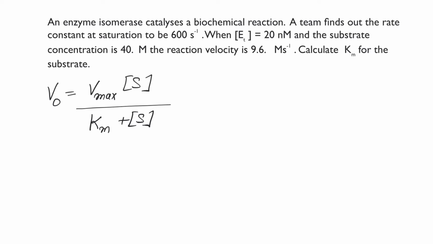Okay, so the problem is an enzyme isomerase. Here we are talking about a hypothetical enzyme that catalyzes a biochemical reaction. The rate constant at saturation is given to be 600 per second. Now, at saturation means when all enzyme molecules are occupied with the substrate. Now ET, the total concentration of enzyme, is given to be 20 nanomolar, and the substrate